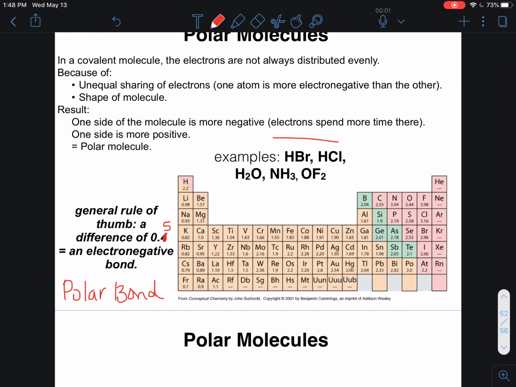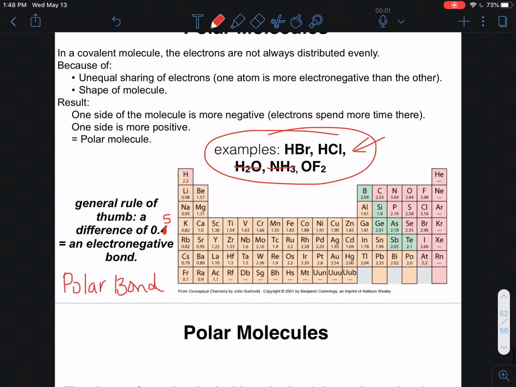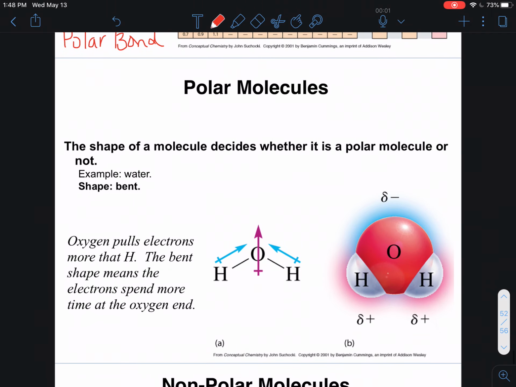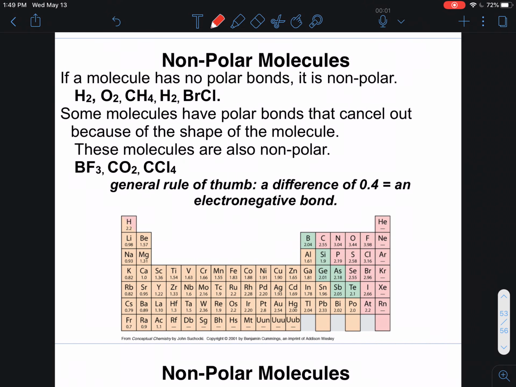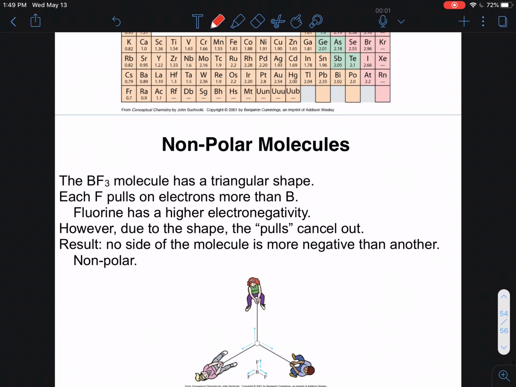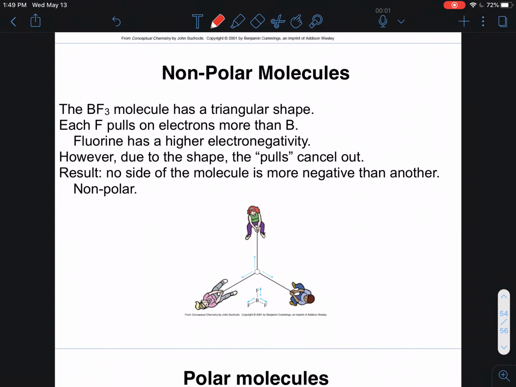Okay, and these are examples that we can go over again. We know H2O is polar. We know NH3 is polar, but when we discuss, we can evaluate these in our lecture class. So I'm actually going to keep skipping because these are kind of just, so if you have BF3, we